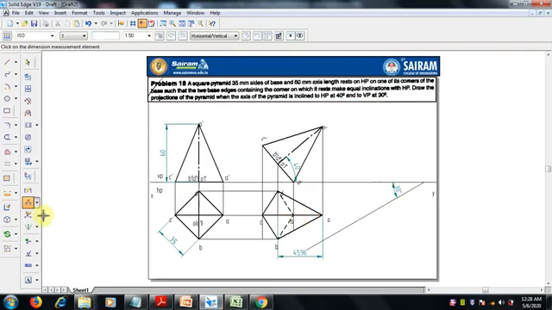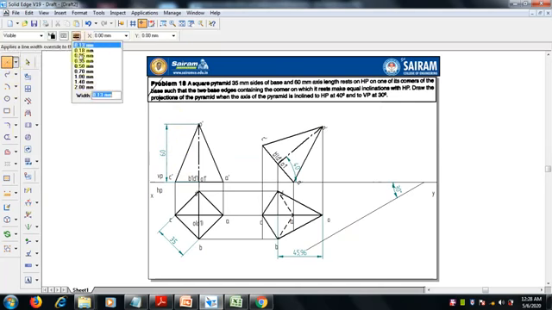Now we have to make a point. Just keep a point of 0.2 mm thickness anywhere here. I am going to keep it here since it's a pyramid. The top will be near, and we can go for an arc.